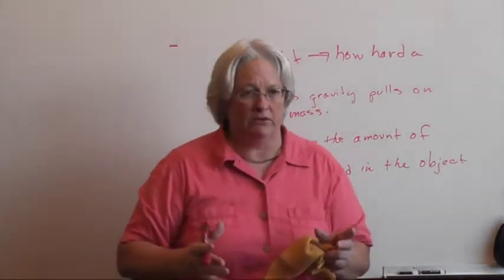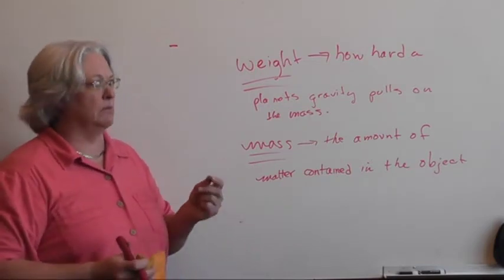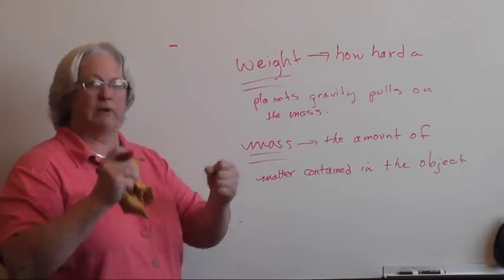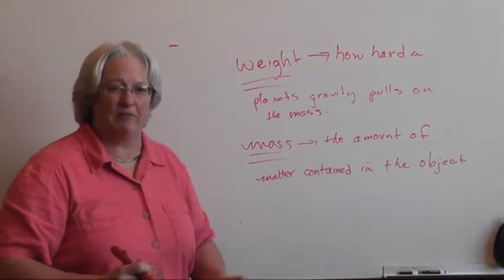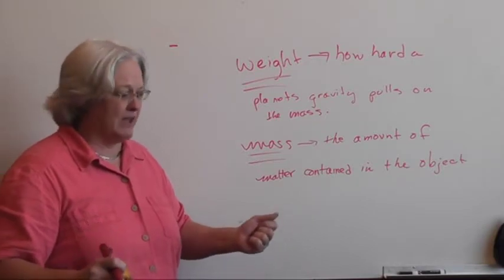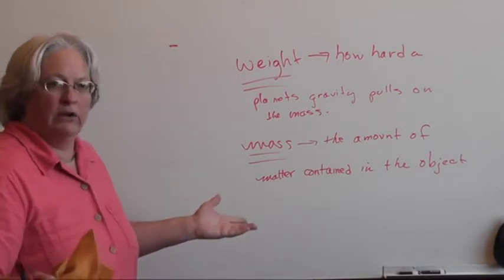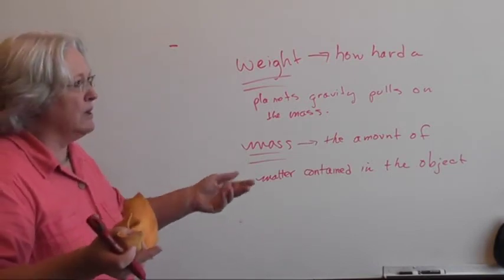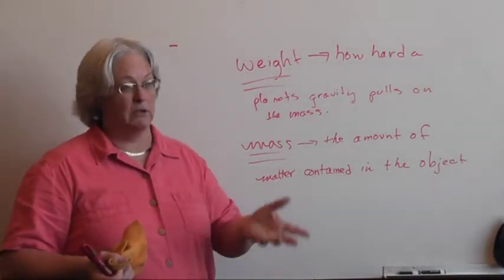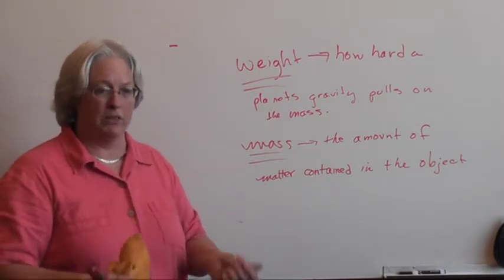Probably a bunch of you have been to a science museum or a space museum, something where you say, okay, if I get on this scale here and I'm on Earth, then I weigh 125 pounds. So I weigh 125 pounds on this scale for Earth. And then I go and jump on the scale for Mars and I weigh 98 pounds. And then I go and jump on the scale for the Moon and I weigh, I think it's a sixth, maybe 30 pounds on the Moon.